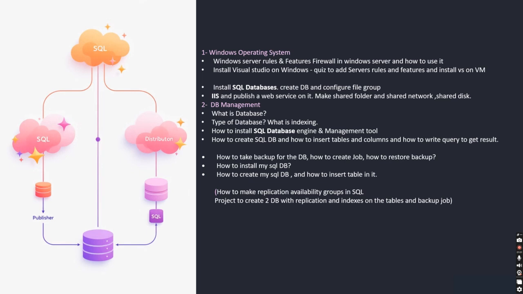On the Windows side, I set up peer-to-peer replication after installing Windows Server and SQL Server. I also configured Active Directory to handle user authentication. Finally, I created a scheduled task that runs a batch file daily. This batch file logs CPU and RAM usage and captures the current usage and saves the data to a log file for server monitoring. Also, I made the shared folder and the shared disk. It could be accessible from any other physical or